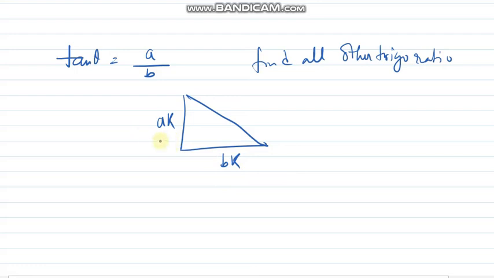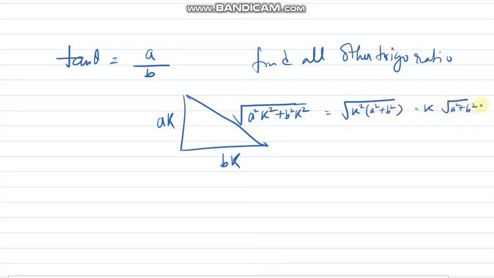Already I have discussed why to take this k. Please be very careful. Don't take this as a and b, because mathematically then you will be wrong. If you get marks, that's a matter of choice, but mathematically it will be wrong. I hope all of you understood, because the sides can be 2 and 2b also here, right? So this side will be root over of a square k square plus b square k square. So root over of k square common, then in bracket a square plus b square, that is k into root over of a square plus b square, right?